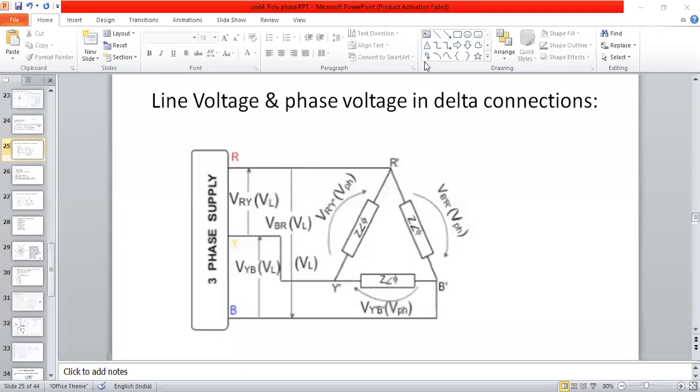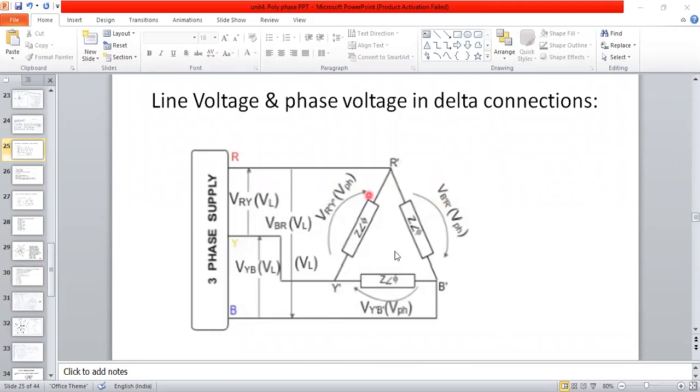Okay. So in the star connection, same like that only. Here, three-phase power supply we have considered, R, Y, B, three lines we have considered here now. But this load, instead of star connection, we have connected in a delta. So this load is connected between R and Y, we have considered that one as R dash and Y dash here now. Y to B, whatever the load is connected, Y dash to B dash, one load is connected here now. B to R, whatever the load is connected, that is B dash and R dash we have considered here.